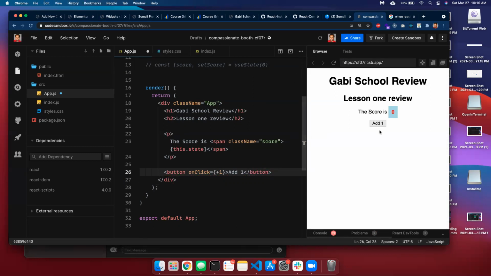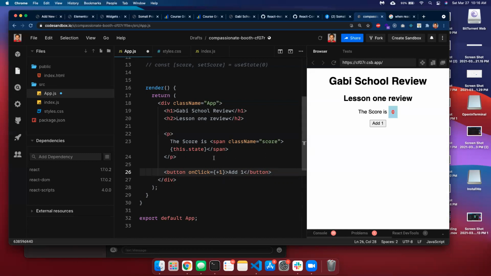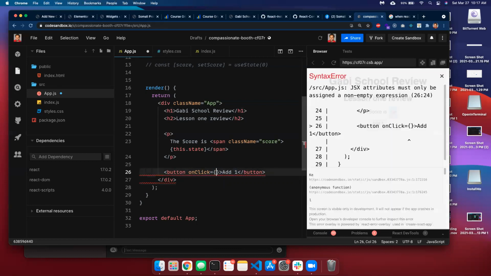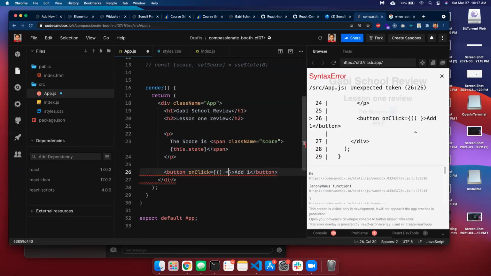So let's try now. Let's say add, giving us error. It says expected listener, on-click listener to be function instead of a value number. It's basically saying on-click has to have a callback function inside it. So square bracket, then a callback function, an arrow function, and then you call the